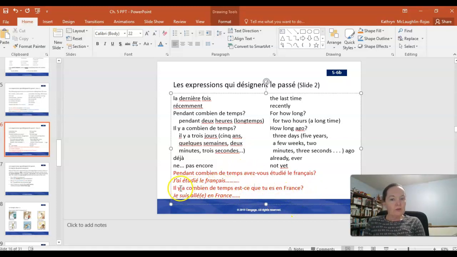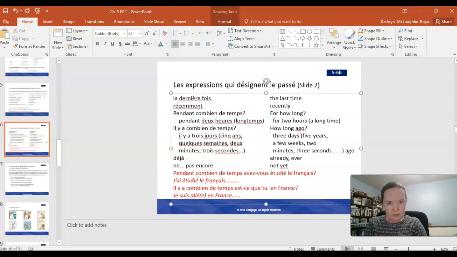All right, another question we could ask is, il y a combien de temps est-ce que tu es en France? So how many, for how long or how long ago were you in France? For tu es, and we need to add in here, était, because this is actually conjugating in,